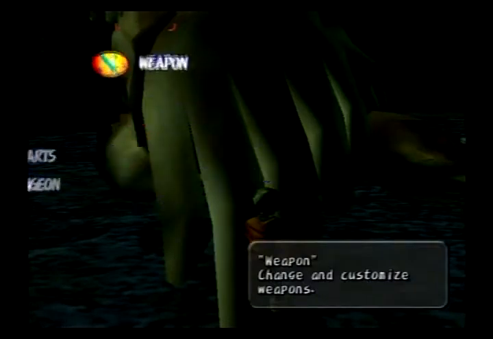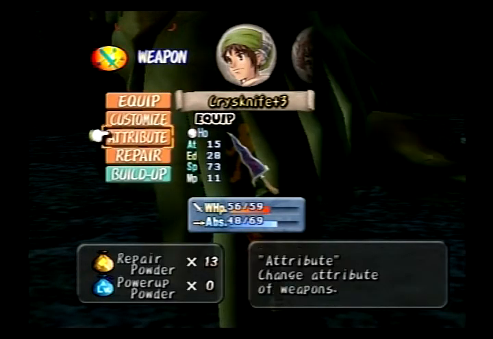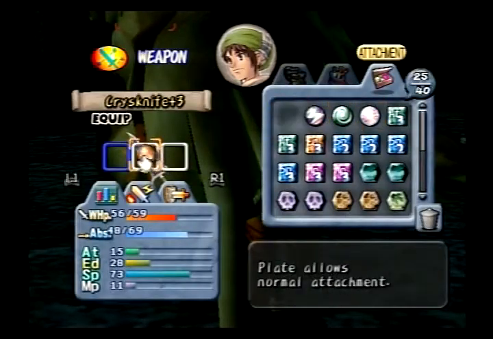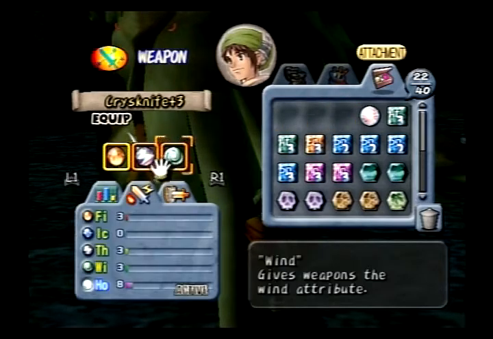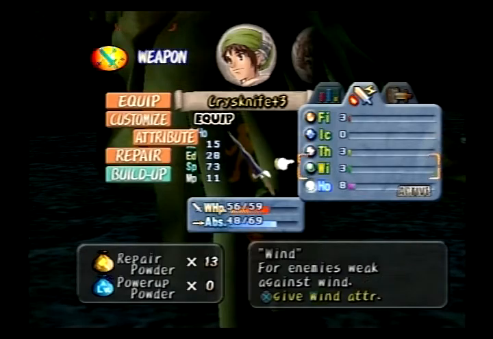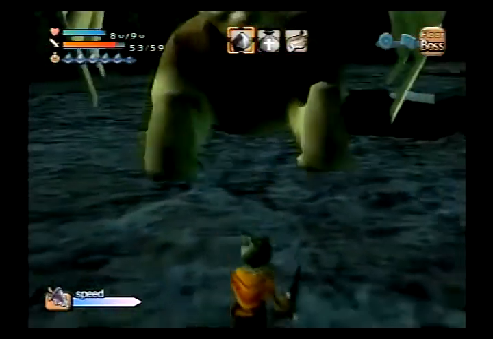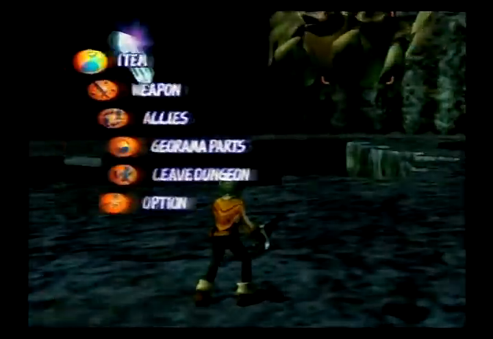Actually, hang on. Let me change my attribute. Let's see. To do that, we can equip some attributes. I would imagine he'd be fairly weak against something like maybe... Let's go for wind. That didn't do too bad of damage. Granted, holy is like half of that, so...